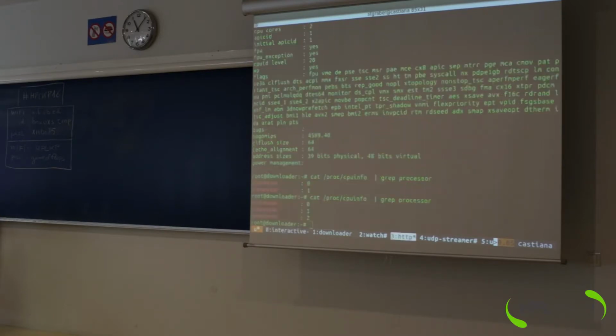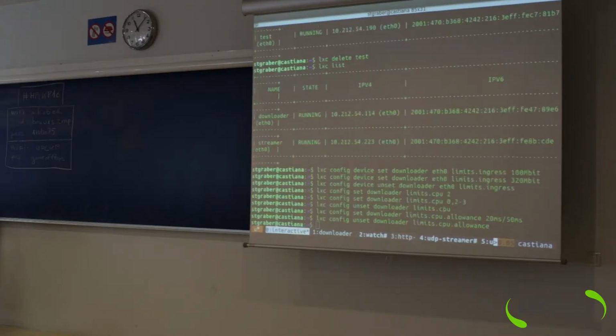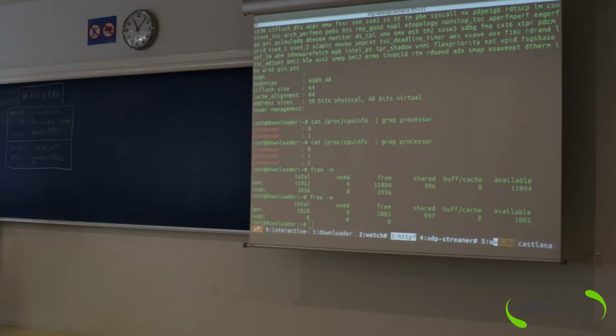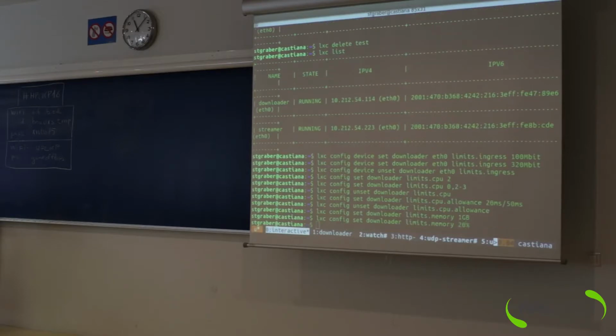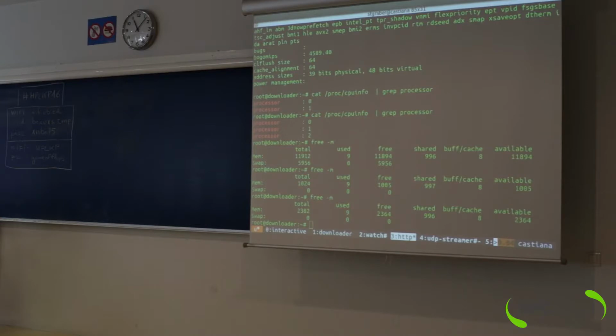Now, we can see here that I've got 12 gigs of RAM currently visible in the container, which is the total amount I've got on my host. Again, we can limit that with limits.memory and say 1 gig. And if I go back in the container, we're down to 1 gig. Or you can say I want 20% of whatever the host has, and I'll get 20% of whatever the host has. I'm not going to go into more details for the memory stuff in a demo, but